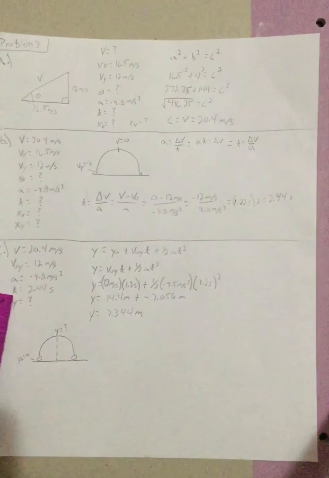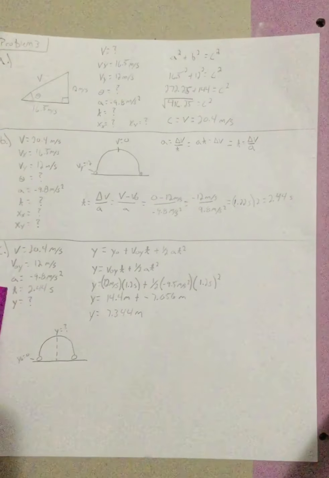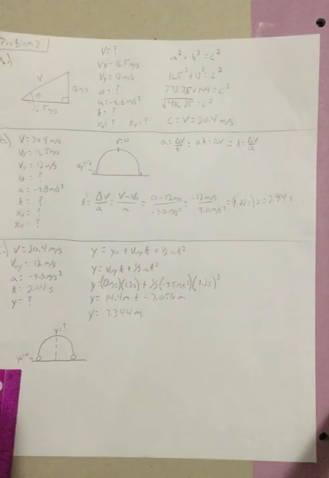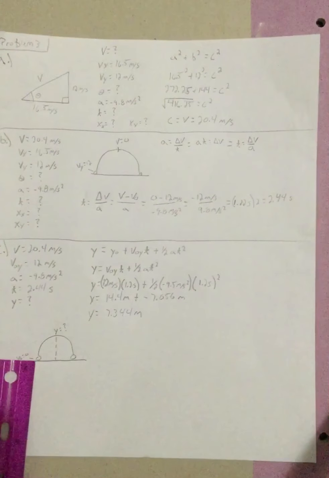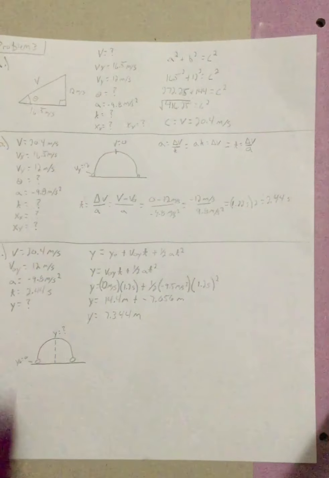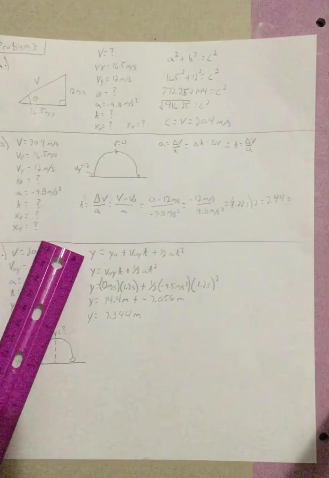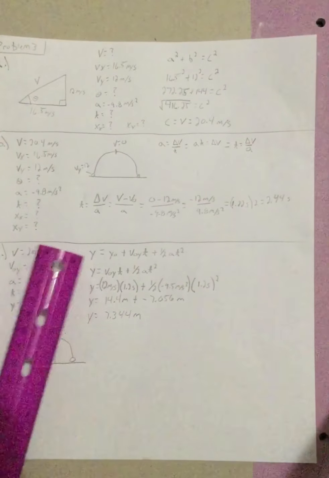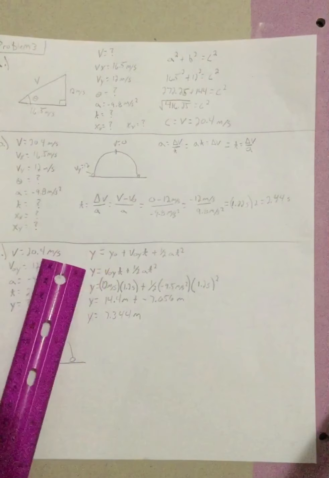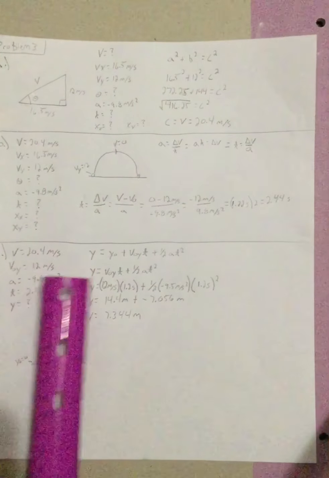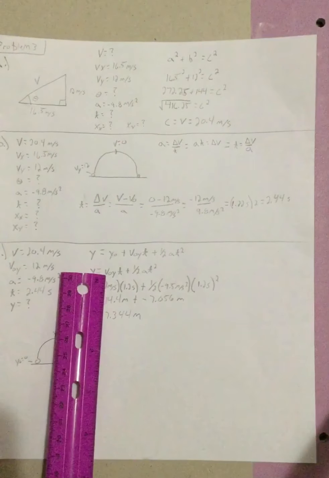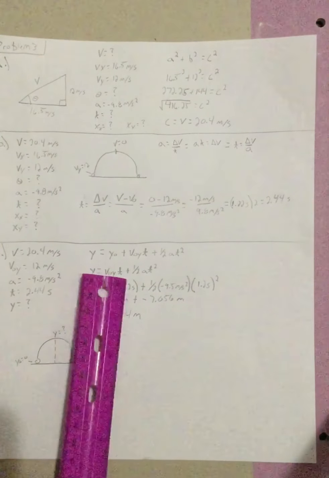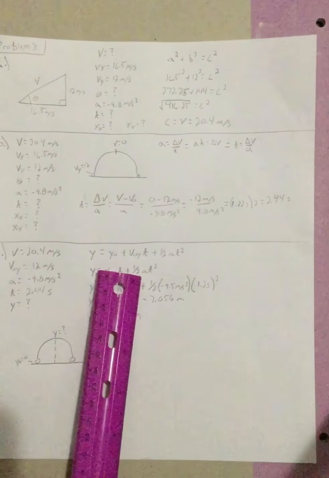Now you're able to add seconds into our knowns, and we're looking for y at this point. Now we know right here at the bottom that our y is equal to 0 because that's the starting point, because we're going from here to there. So we just take this basic kinematic equation for y, and when you look at it, your y naught is going to be 0, so I got rid of that before I carried it into this problem. And so then I have y equals the initial velocity of y times t plus 1/2 times the acceleration times